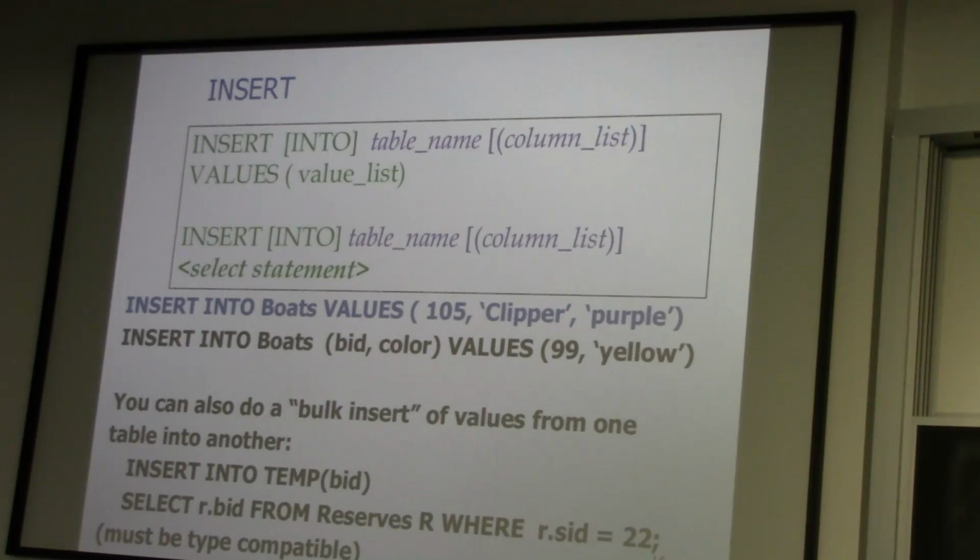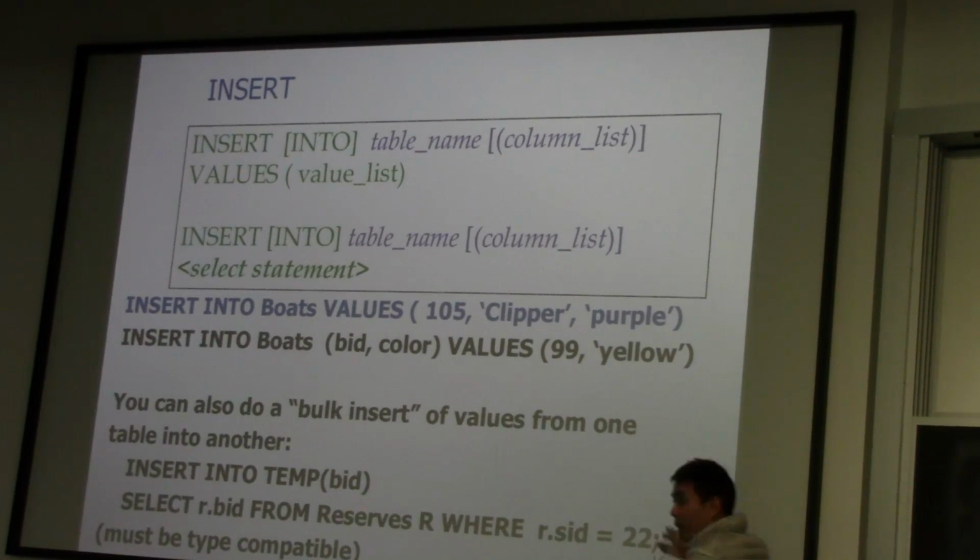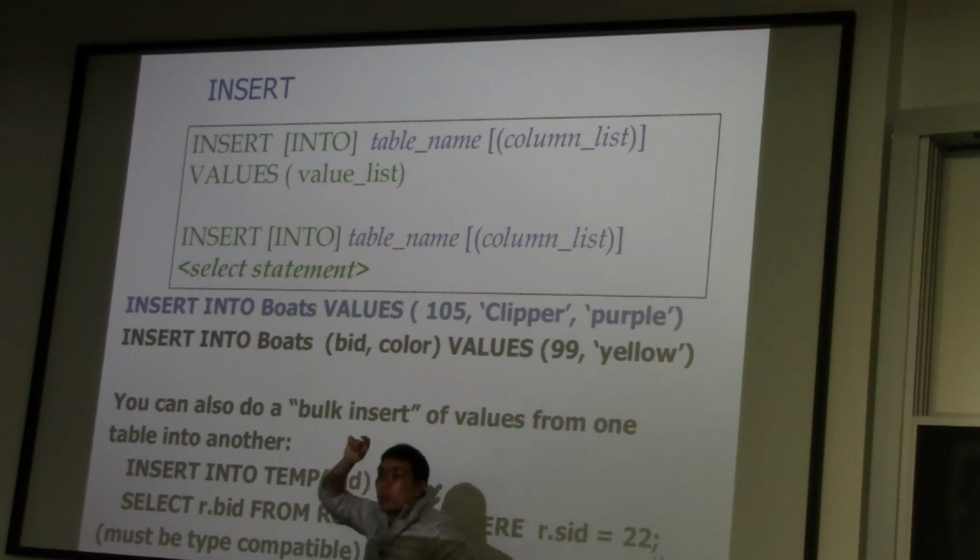And the sequence of those values is in the same order as the attributes you have defined from your schema. So if you don't supply a list of columns, the order is automatically taken from the order of attributes in your schema definition. Okay? You can also do what we call bulk insert,